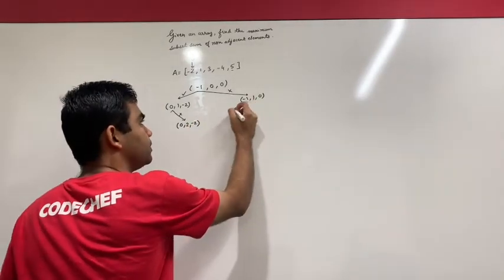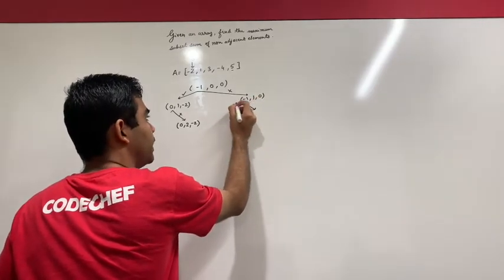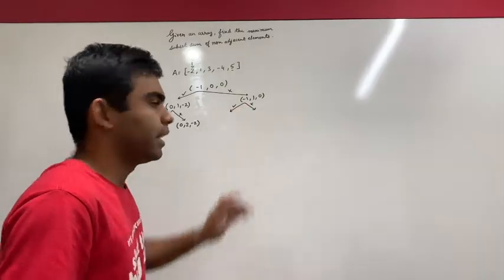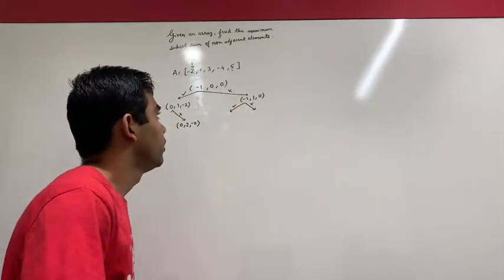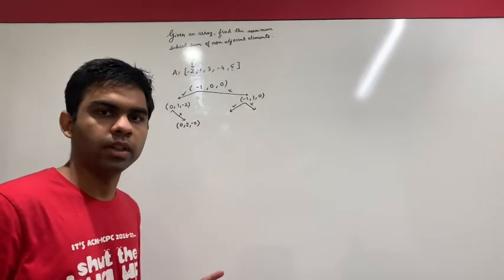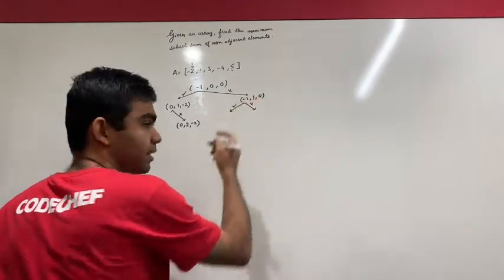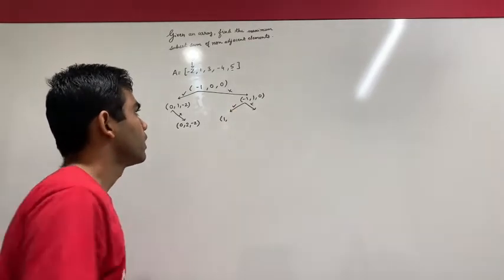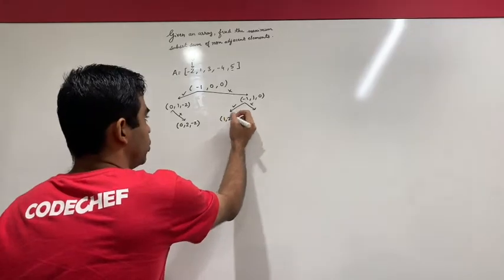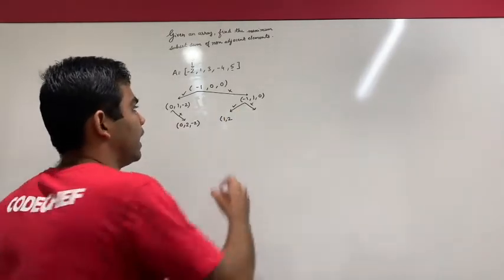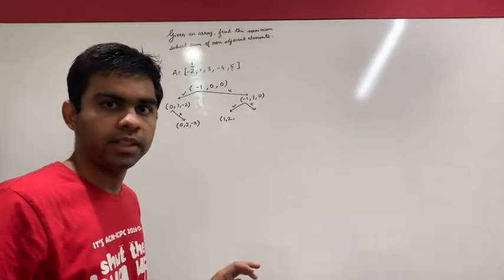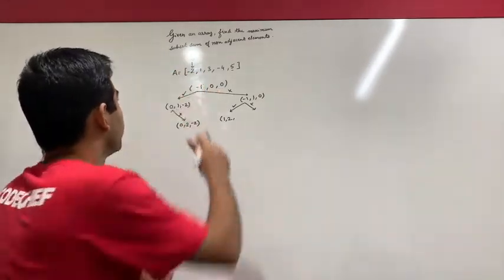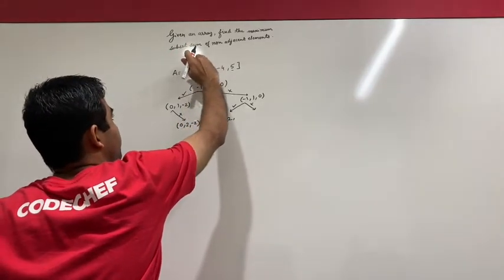And for this node, I again have two possibilities: I will take it and I'll reject it. Now my last taken index was -1 and my current index is 1. So I can definitely choose the element at the first index. So my last taken index will be 1 in this case. I'll increment the current index and it will go to 2. And I will add the value at the first index to my current sum. So the value at the current index is 1. So this is my current index.